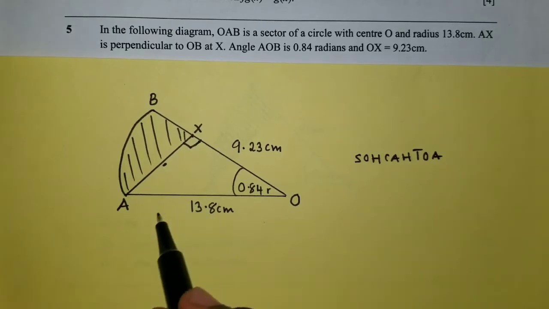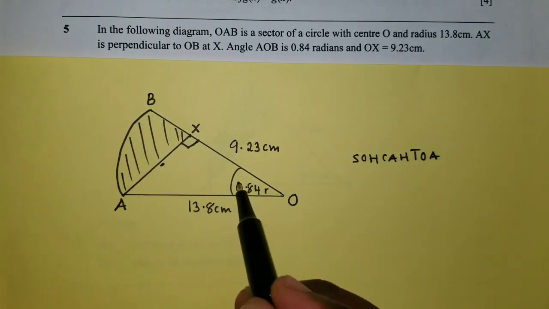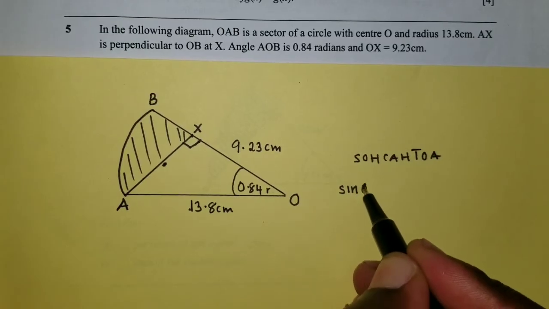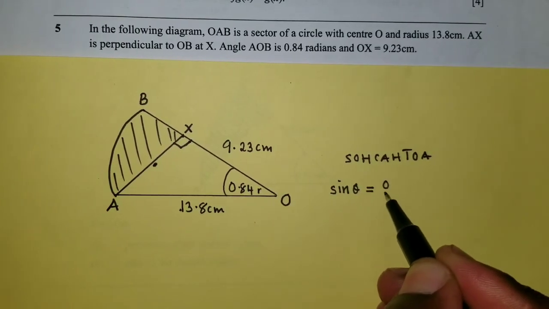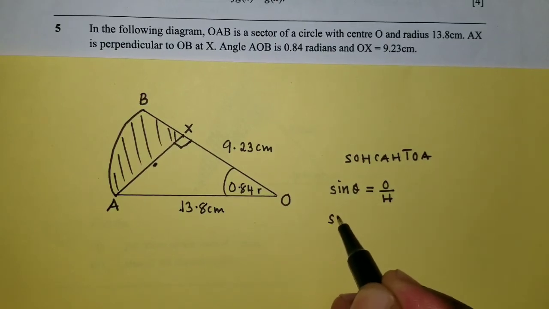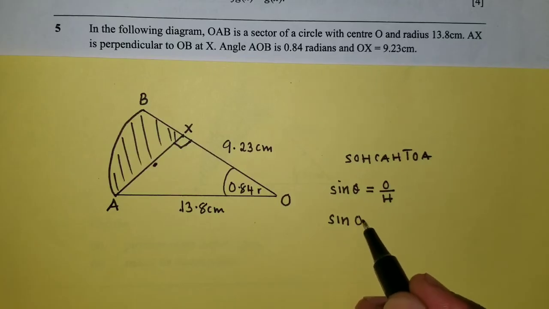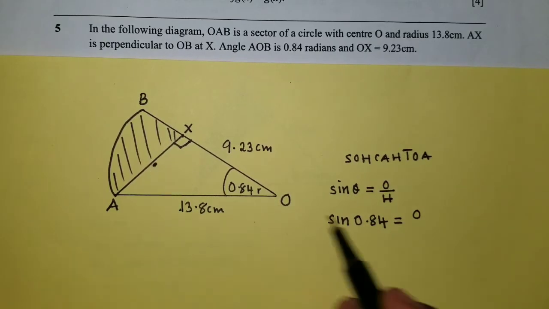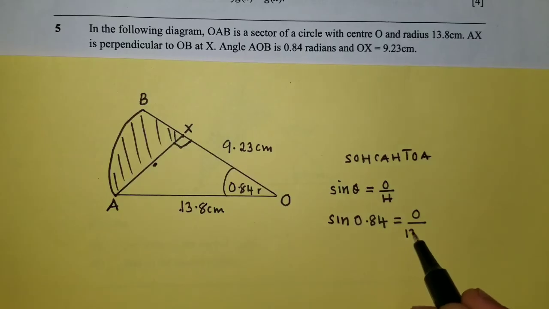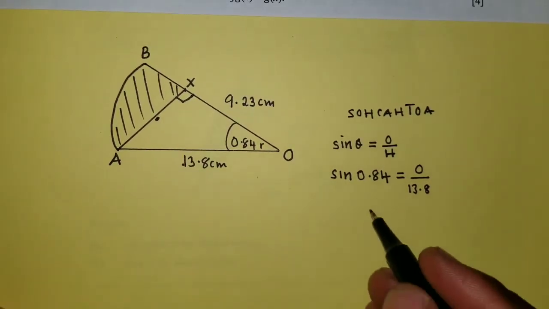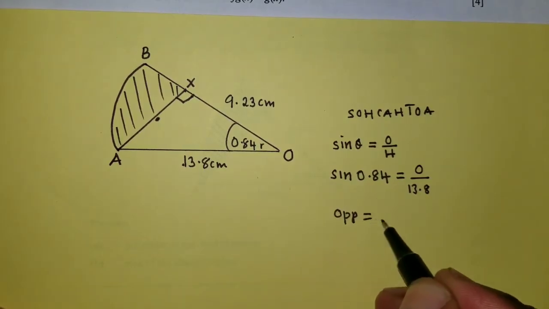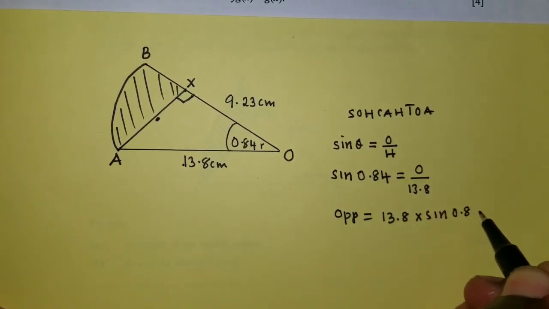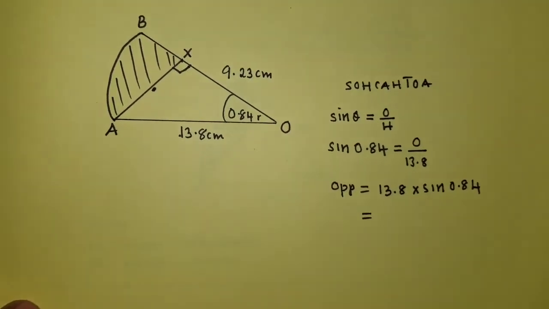So I have an angle here, right here, opposite. I can use hypotenuse also. So sine theta is equal to opposite over hypotenuse. So sine theta is 0.84, which is equal to, the opposite is what I'm looking for here, over hypotenuse, which is 13.8. So we just cross multiply. Opposite will be equal to 13.8 times sine 0.84, which is equal to, when I punch on my calculator,